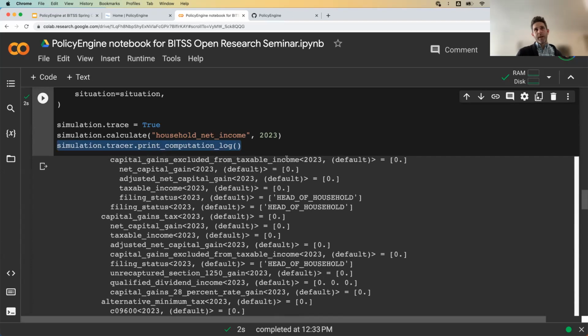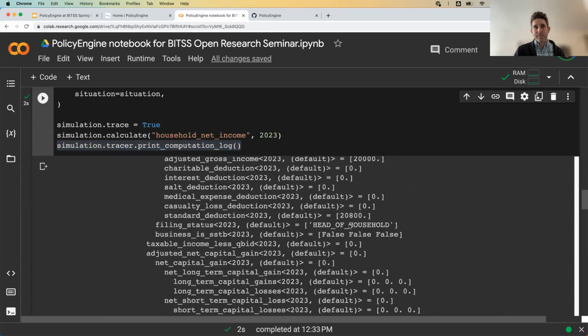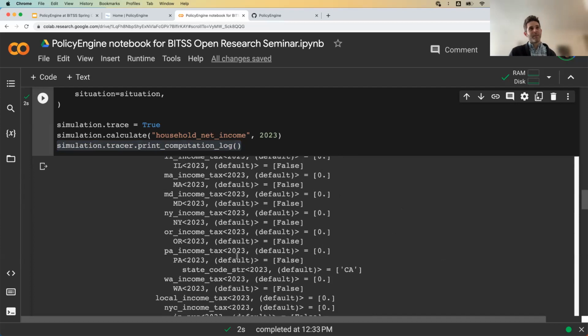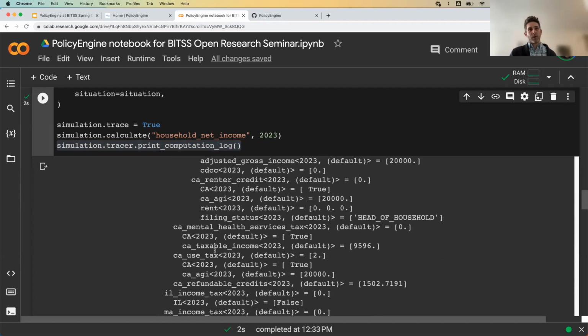So every variable that has a number that relates to household net income, you can think of household net income as taxes, benefits, and then each tax, EITC, CTC, going into individual variables there. Maybe SNAP has a countable income concept. So we're seeing all of those together. This is often extremely overwhelming, but it can be very helpful if you know what you're looking for. So for example, California taxable income, 9596, that's what is going to determine their actual tax.